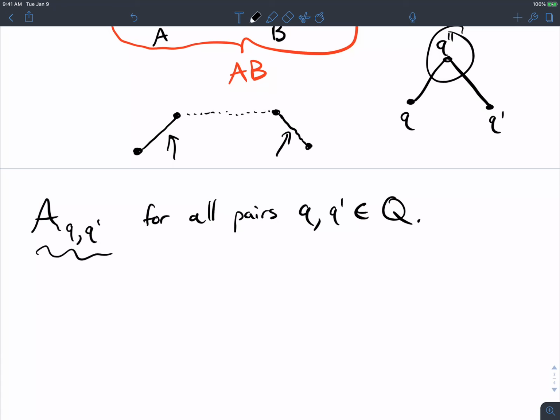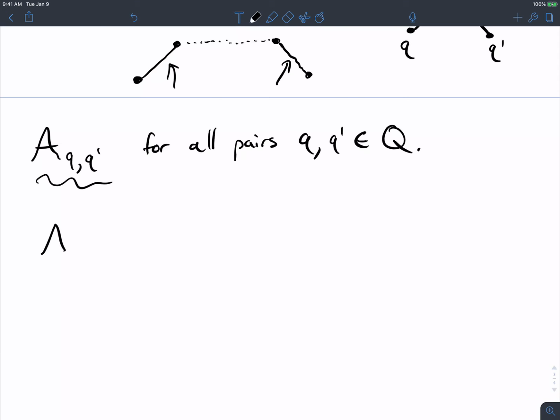So if we're going from the same state to itself, and it can happen for any state at all, what type of variables are we going to use? A sub what? Well, should it be the same state in both of the subscripts here? If we're going from Q to Q prime, if it's going from the state to itself, it better be the same state. So we're going to have the rules of the form A sub q q